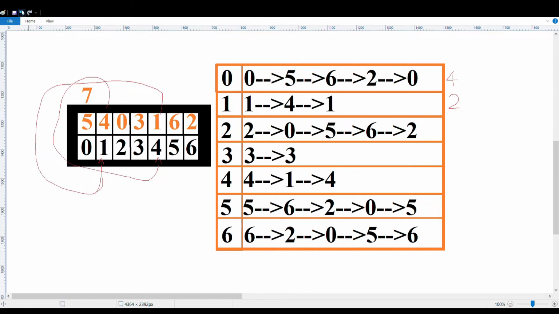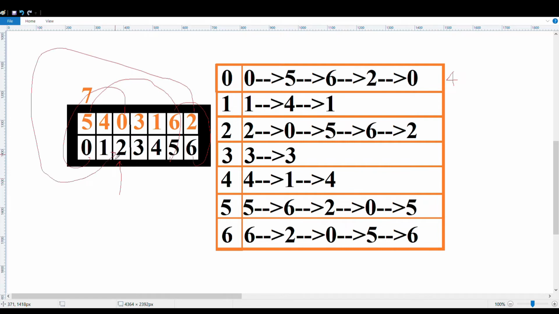Similarly, you will do this part again. Now you are going to 2. From 2 you are getting the 0th key. Now you are opening the 0th room and from there you are getting the 5th key. You are opening the 5th room. From there you are getting the 6th key, opening the 6th room. From the 6th room you are getting the 2nd key. Now you are coming to the 2nd key again, so you will come back to the same position and stop there. Here you are getting the order 2, 0, 5, 6, 2. So for this it will become 4. Here it's 2, here it's 4.